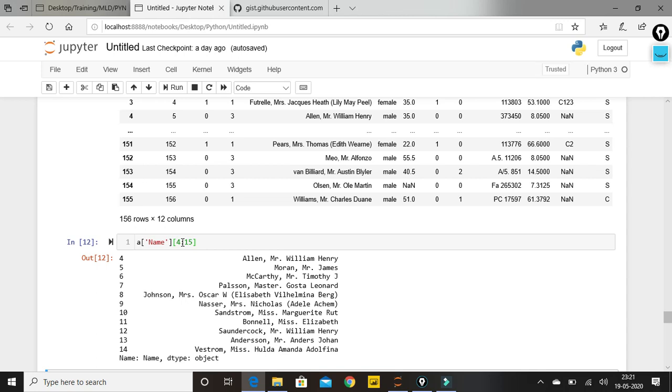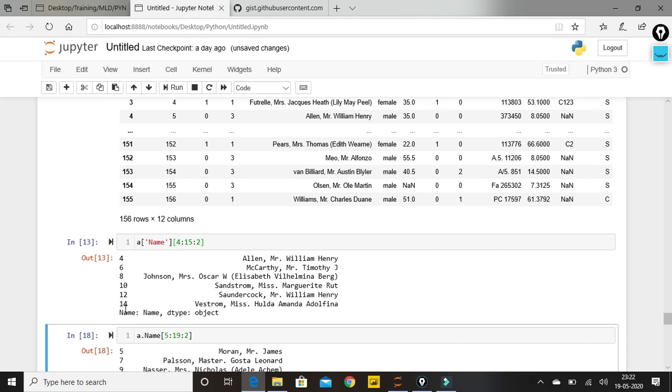So the format to fetch data in between, or from certain indexes, is this: if we know from where we need to fetch, write the start index, write the end index, and there is one more parameter that we can pass using a colon, and over here it is the step. If by default we do not give anything, it will take the step as 1, meaning 4, 5, 6, 7, 8. If I need 4, 6, 8, 10, I can give a step of 2. It will jump by 2 steps, meaning 4, jumping 2 steps to 6, 8, 10, 12, 14. It won't give me 15, as we have already discussed.